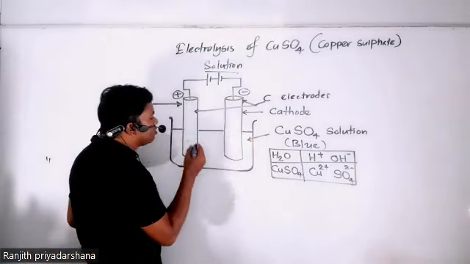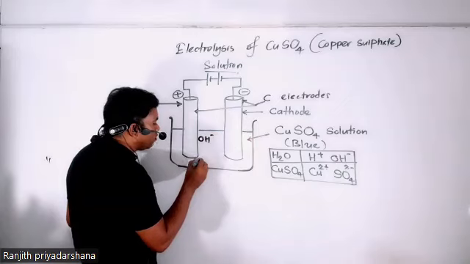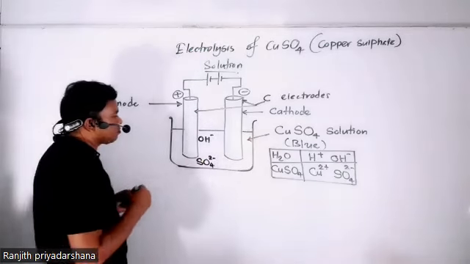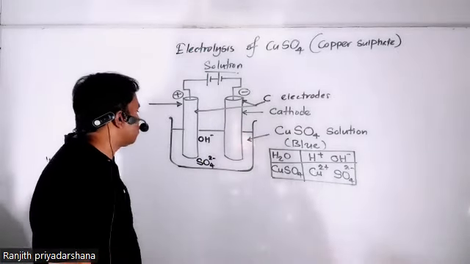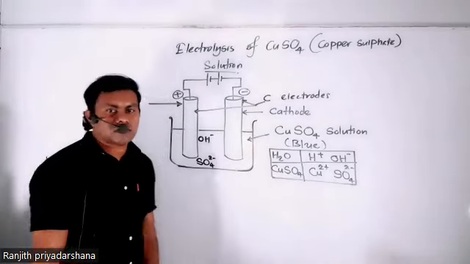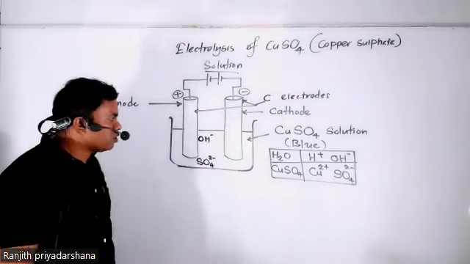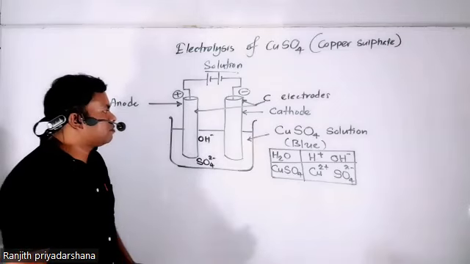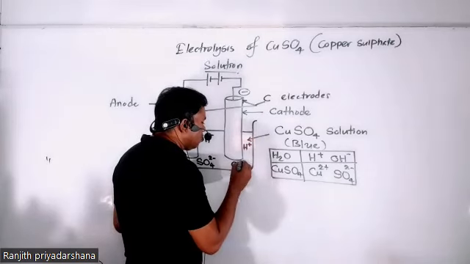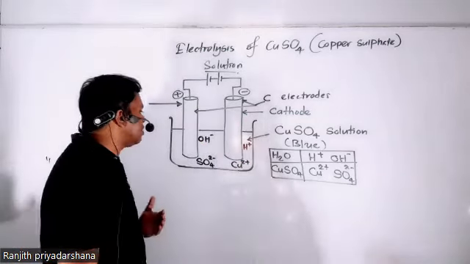Okay, as this is the positively charged electrode, negative ions, hydroxyl and sulfate SO4 2-, are attracted here. Hydroxyl ions and SO4 2- ions are attracted to this anode. And this is the negatively charged electrode, the cathode. So which ions get attracted? H+ ions are attracted as well as Cu2+ ions are attracted. But according to the reactivity,